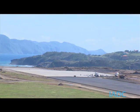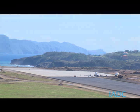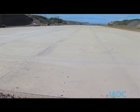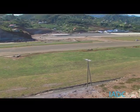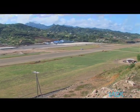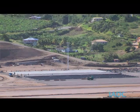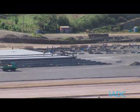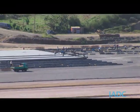All right, so this is it from our interview here this evening. We have the northern turning bay almost completed, just little bits and pieces to finish around there. We also have the pouring of concrete, which has started at the general aviation apron. The last time we showed you that, they were setting the molds, and they have actually started the pouring of concrete in that area. And other work continues